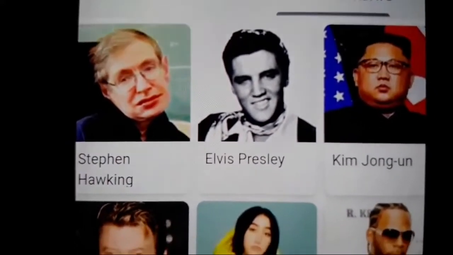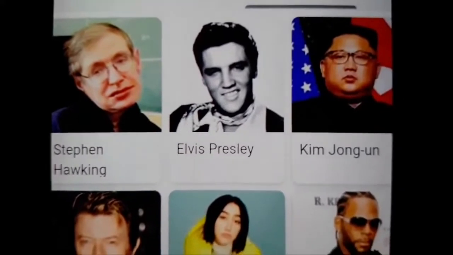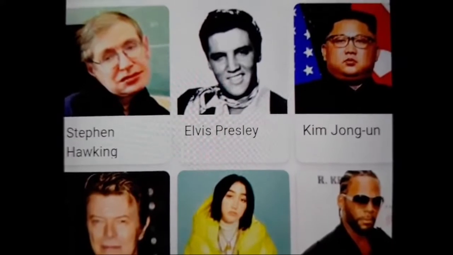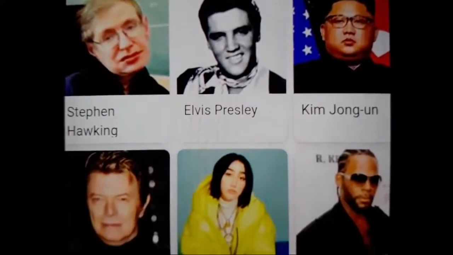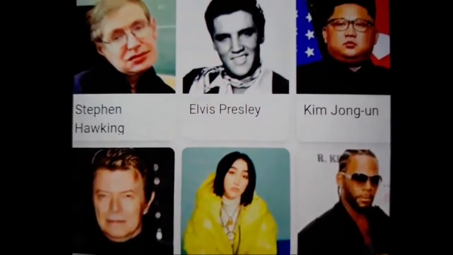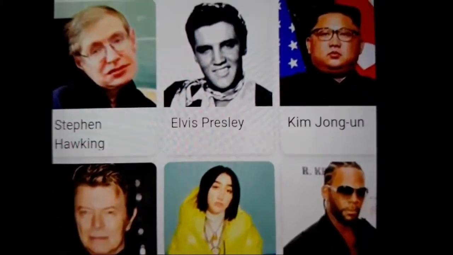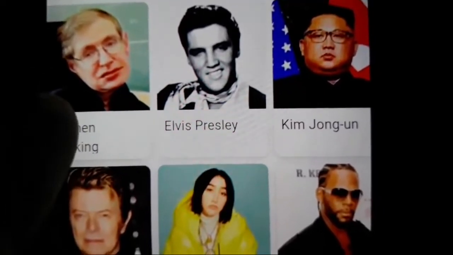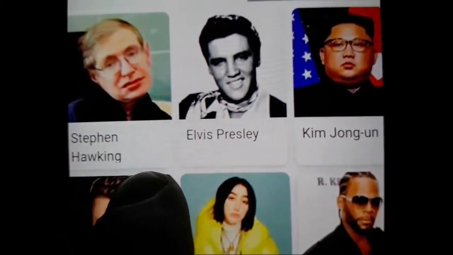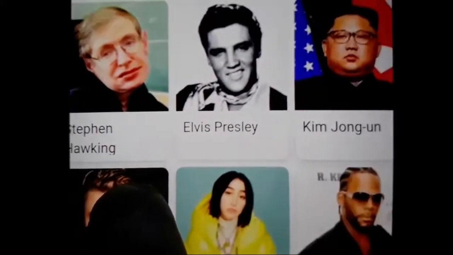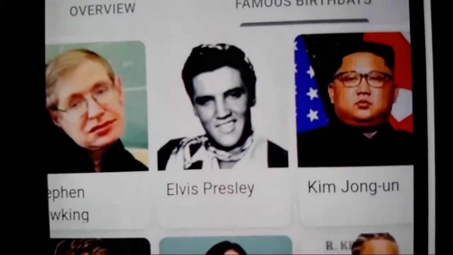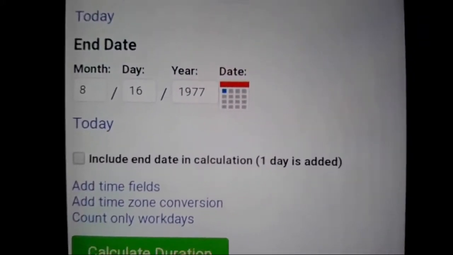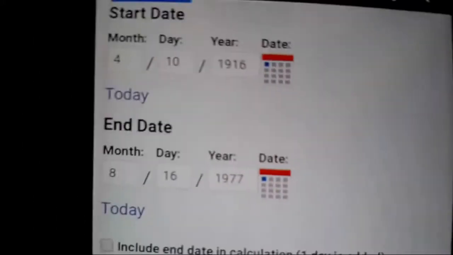And notice that Stephen Hawking, it's got the king, and Elvis was known as the king. And remember, Seattle is in King County. Like I said, if you believe in coincidences like this, you're a ding dong. You understand what I'm saying? If you believe these are coincidences, you are a ding dong. Like I said, Elvis is the Rocket Man, not Kim Ding Dong. Anyway, what else? Okay, let me move on.